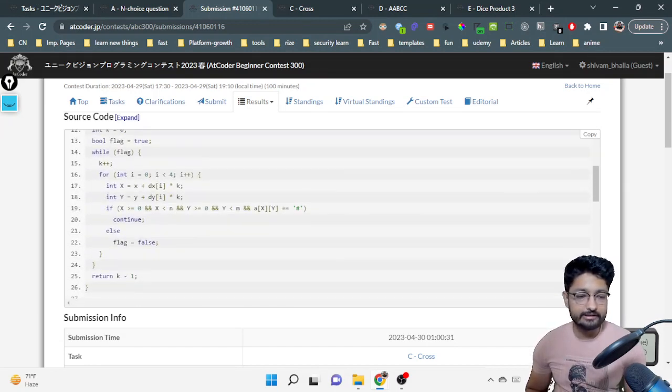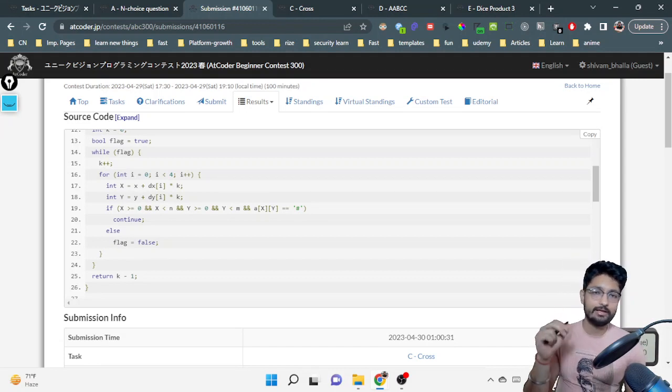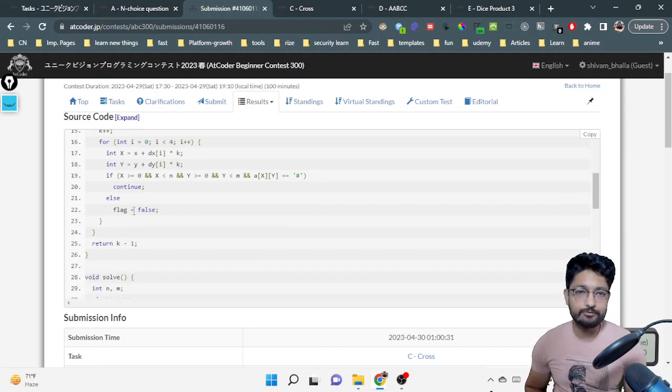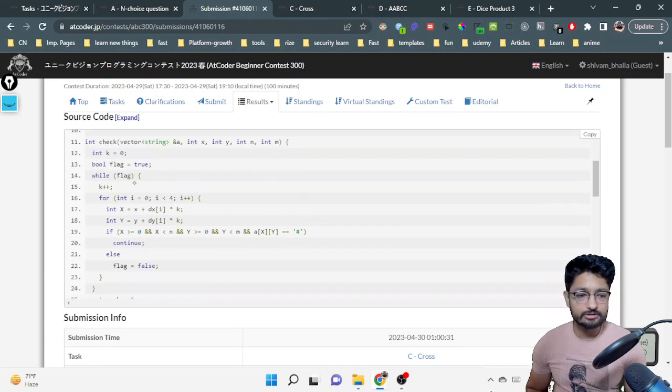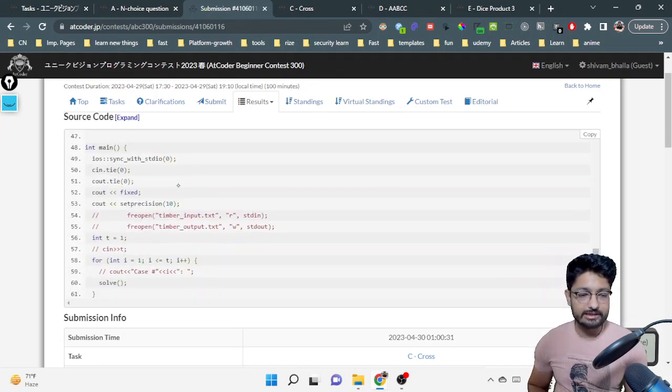So if it is of size 1, you multiply by 1. I will get the new extensions in all the 4 directions and check that it is inbound and it is a hash, then it is okay, or else it breaks. So I will get the k, the maximum k I can get, but because it's starting from the center element as well, I will subtract one from it. So this is the size of the cross, and for every size of cross I will just increment